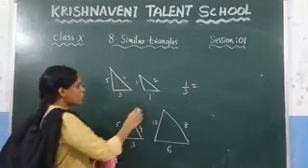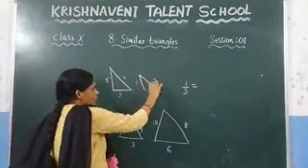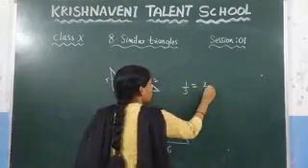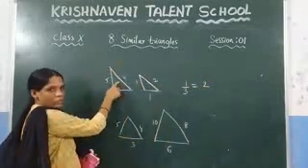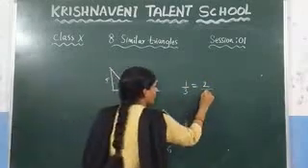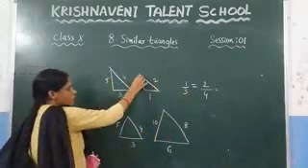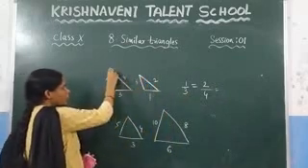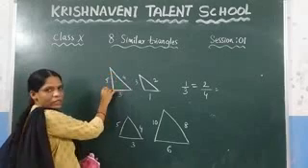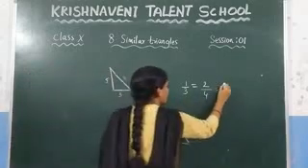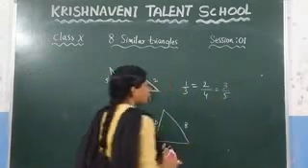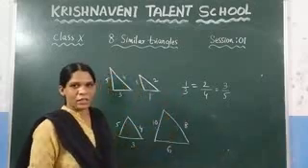Now you need to check whether you are getting the same ratio or not by considering all the sides. In this triangle, what is this side? Which is 2. Now, what is the corresponding side in this one? Which is 4. So, you need to take here 2 by 4. What is the side which is left out here? In this triangle, if you take 3, you need to take the corresponding side which is 5 in this triangle. So, write it here 3 by 5. Whether these three fractions are equal or not?